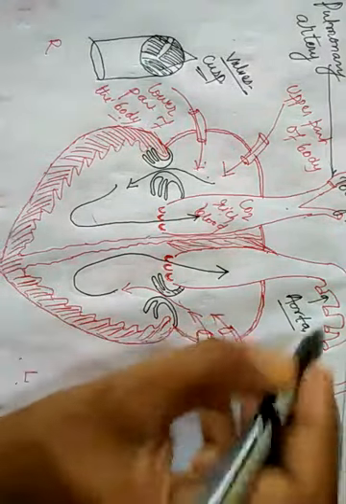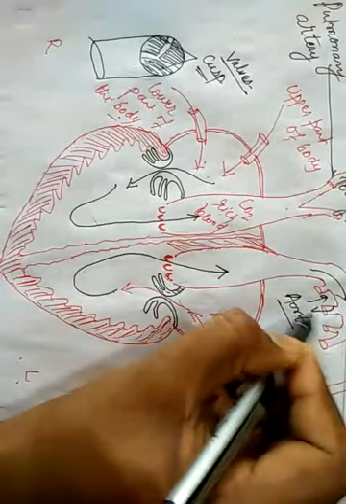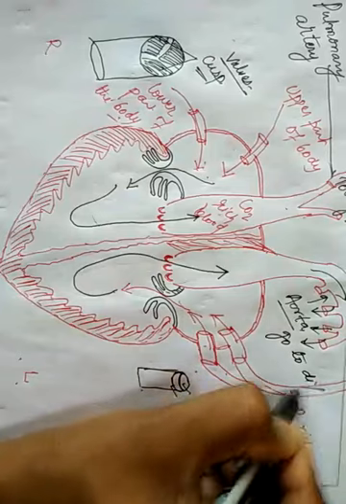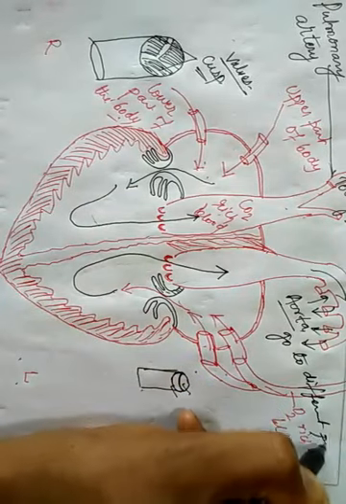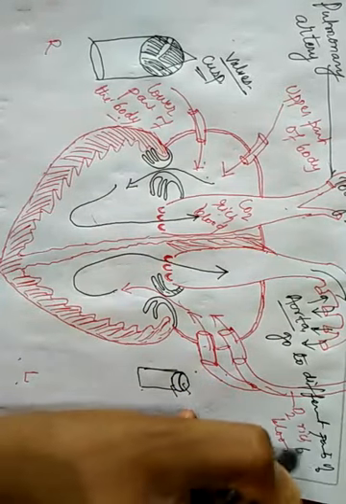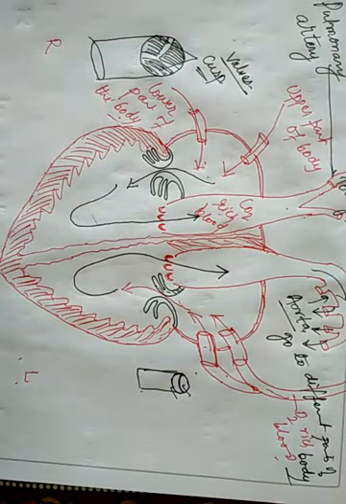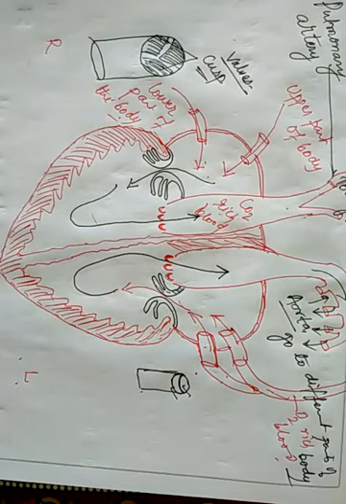Always keep in mind, the work of the valve is always to prevent the backflow of the blood. Clear? So then it will move, and it will come out, and it will go to different parts of body, isn't it? और ये body के different parts में चला जाएगा, go to different parts of the body. So in this way, blood is transported through the heart. Thank you.